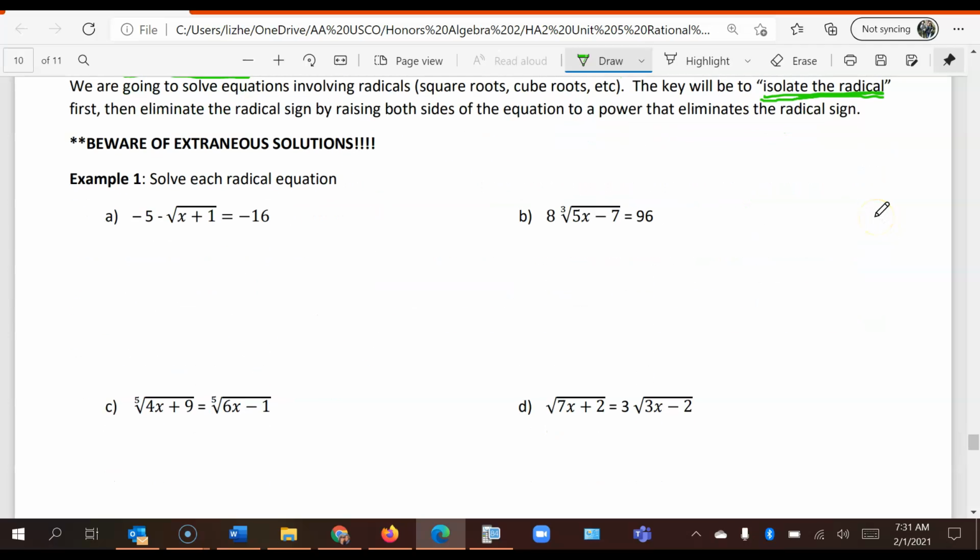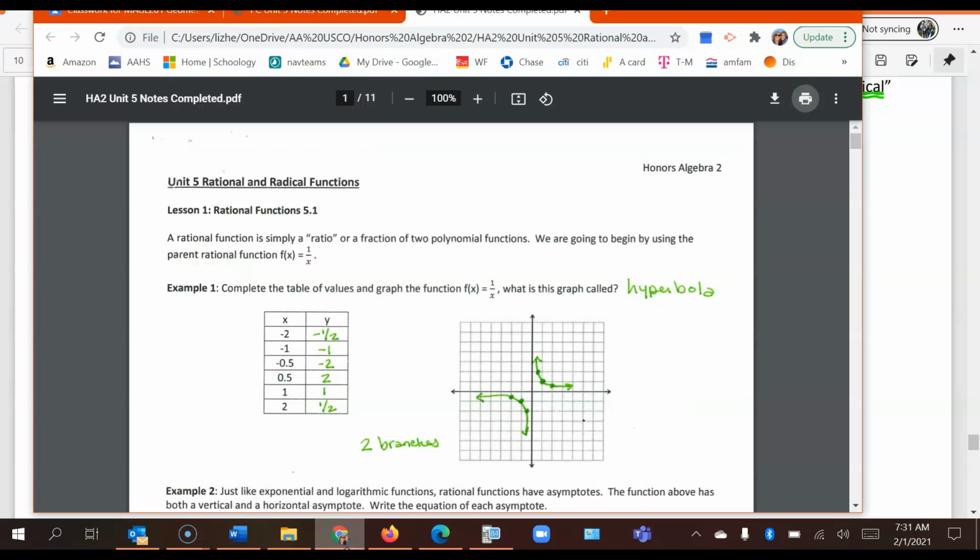So here we go, example 1. We have the square root of x plus 1. That's what we need to isolate. So I'm going to add 5 to both sides. So negative square root of x plus 1 equals negative 11. Now I need to get rid of that negative sign. So I'm going to multiply both sides by negative, and I get positive square root of x plus 1 equals 11. And now I square,